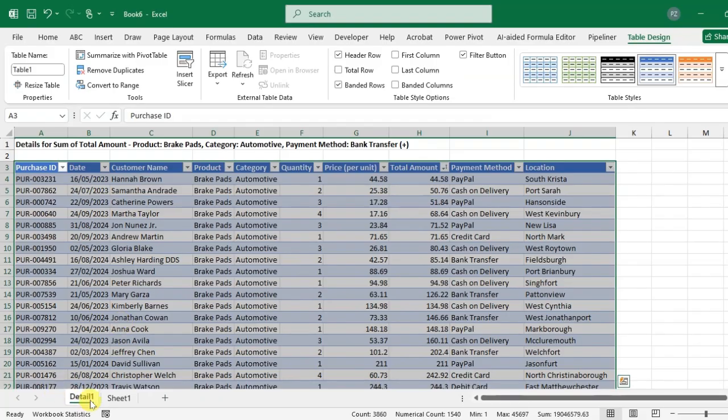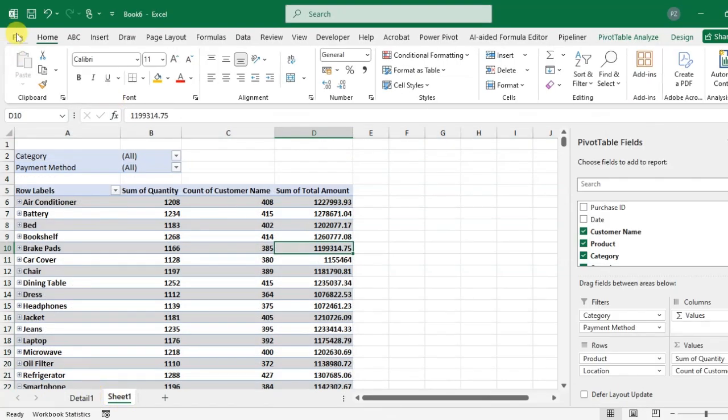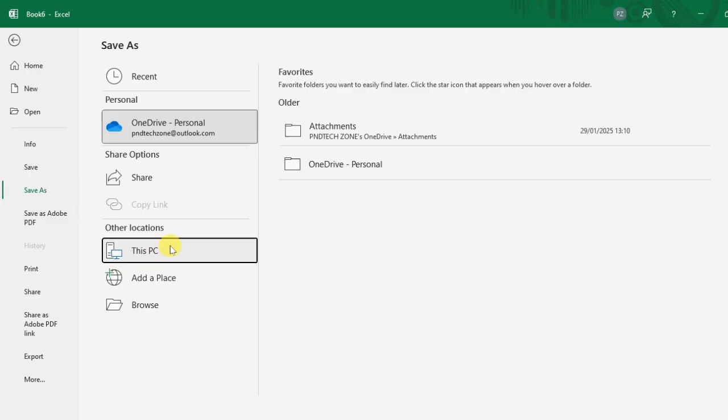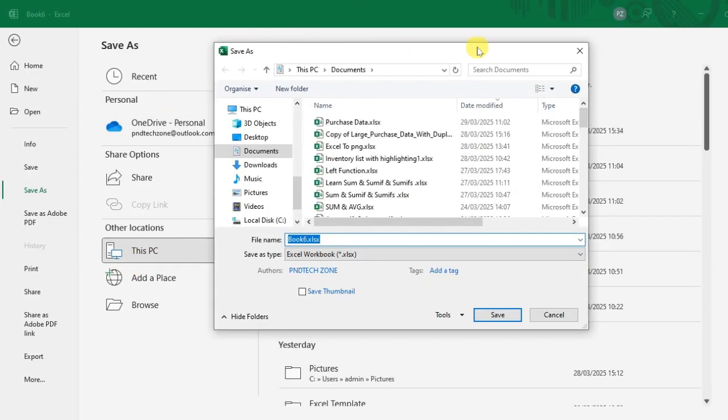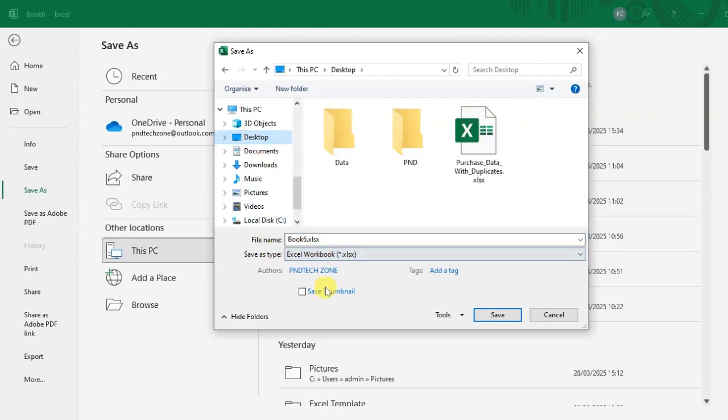Okay, so if you want to save it, go to the File tab, click on Save As, click on This PC option and here the Save As dialog box opens. Then select the destination where you want to save this pivot table. So I select the desktop. You can check here the path location, This PC, Desktop, and then just enter the file name. So I enter here